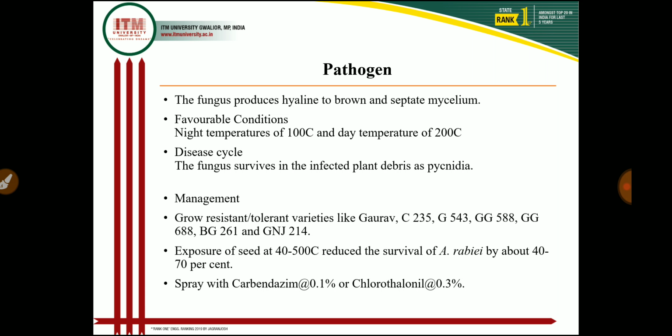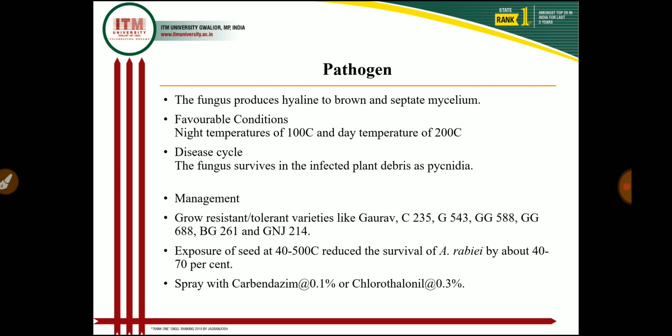Occasionally they are bicelled. The perfect or perithecial stage is also seen in the infected host tissue, usually after the plant has died, and the perithecia are globose and dark colored. These perithecia also contain asci, which are typically 8-spored, and these ascospores are hyaline, thin-walled, and two-celled. These are the pathogen characteristics of the